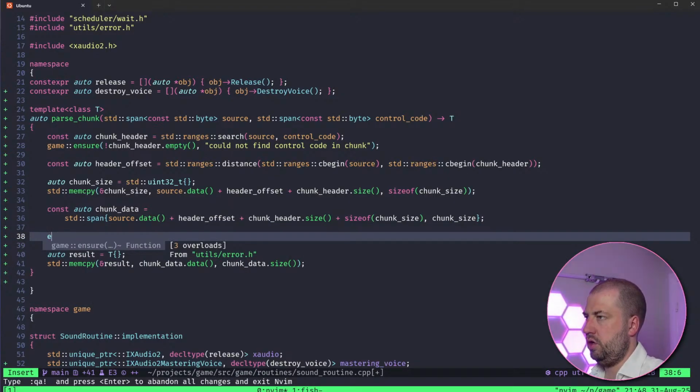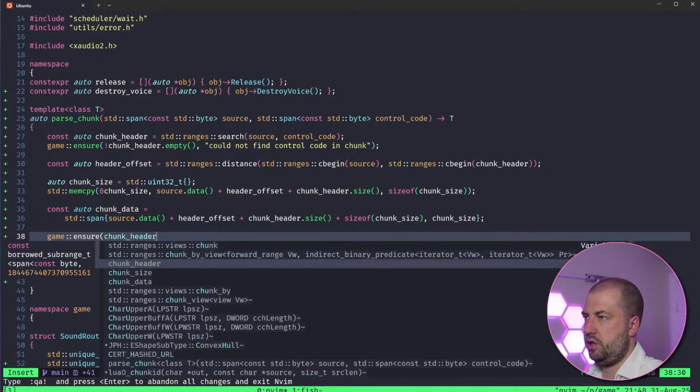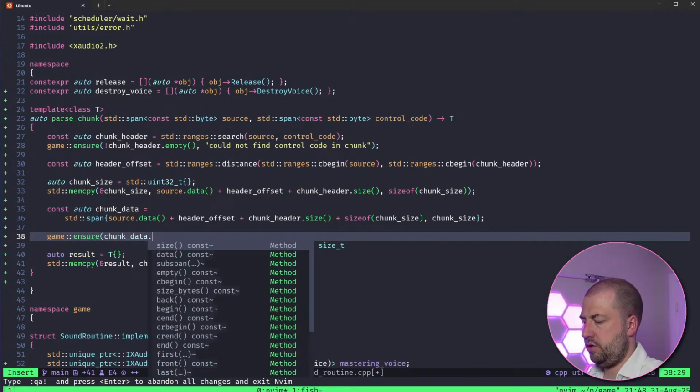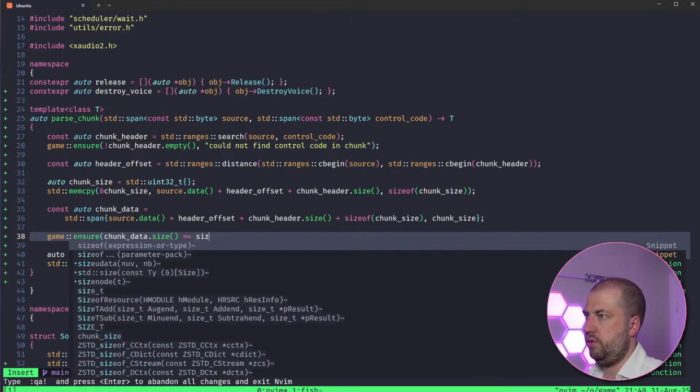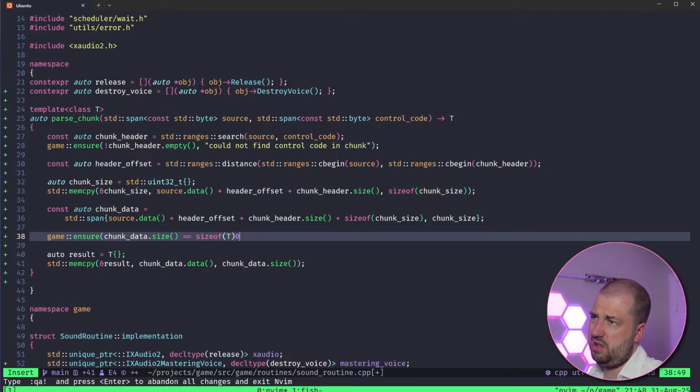And then actually we can ensure that chunk data dot size is equal to size of T. I did say that some of the structs might be a different size. Let's do chunk data size is greater than or equal to the size of T. No. The amount of data we've got will fit at least into that.